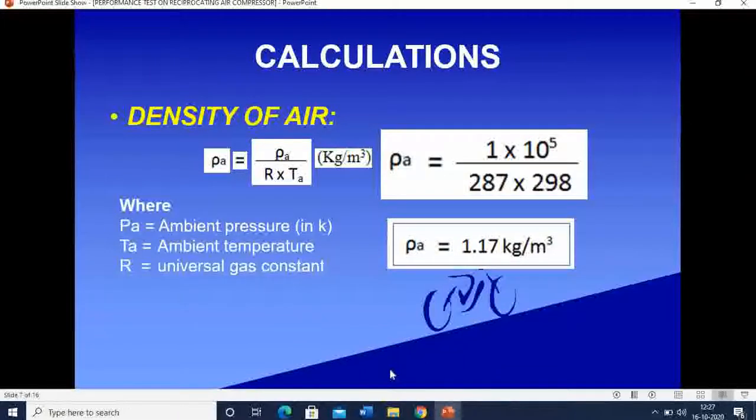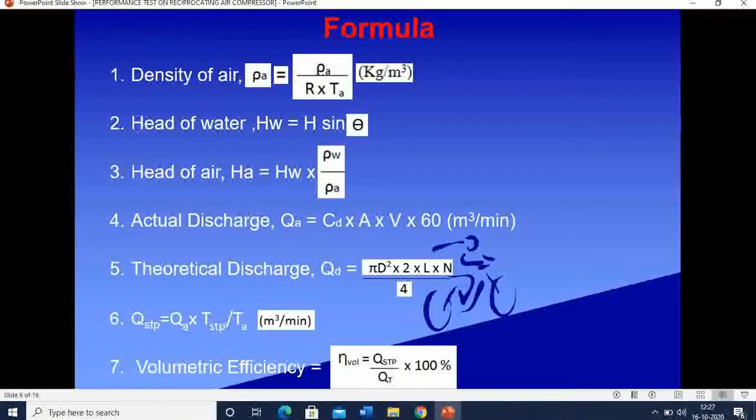Then with these formulas, you have to find all these values, and thereby you can form a tabulation after finding these readings. For the skeleton of this tabulation, you have to use all this. You have to increase the pressure, and in the same way decrease the pressure. For each increase and decrease in pressure, you have to find the manometer reading, which is inclined, and based on that you arrive at the tabulation.